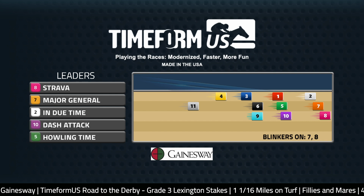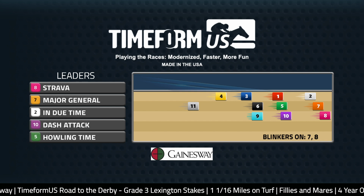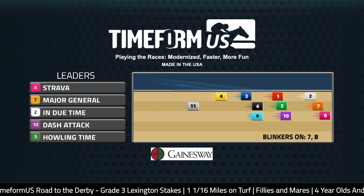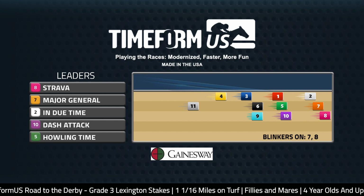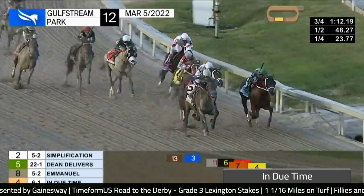Let's make our way through some of the contenders in this race, beginning with one of those horses that could vie for favoritism, the number 2, In Due Time. And we'll take a look at his recent second place finish in the Fountain of Youth back in early March at Gulfstream Park. We're just going to take a look at basically the last furlong of this race,